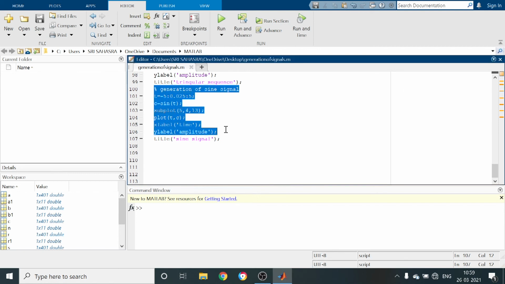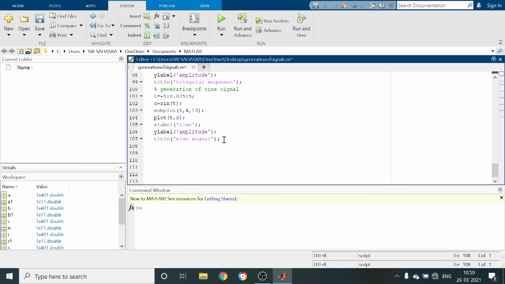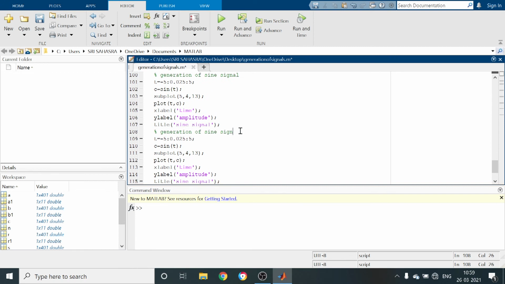Next, the same signal we are going to generate in discrete form. I am going to copy this one. I have to change it to sequence. I am going to take the time index as n with variation -5 to 5, variation 1, C1 equal to sine n, subplot 5 comma 4 comma 14, and we have to use the stem command to plot the discrete time signal.